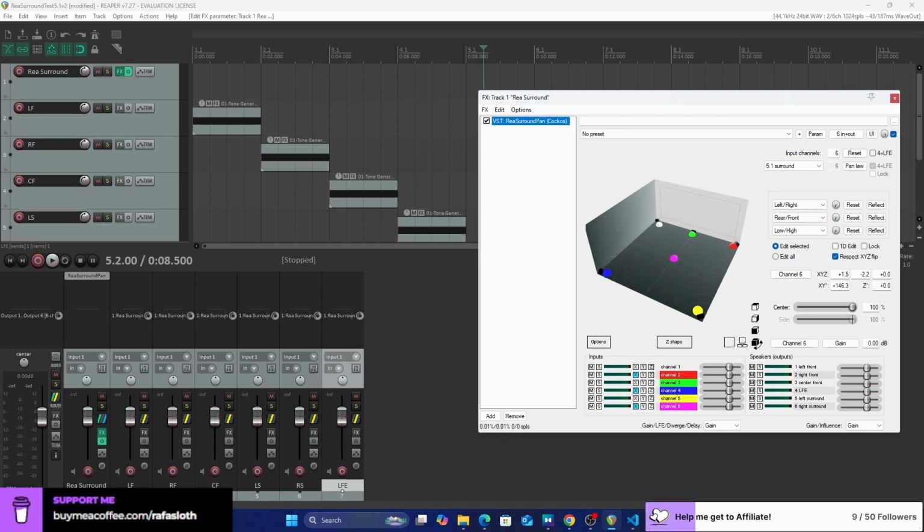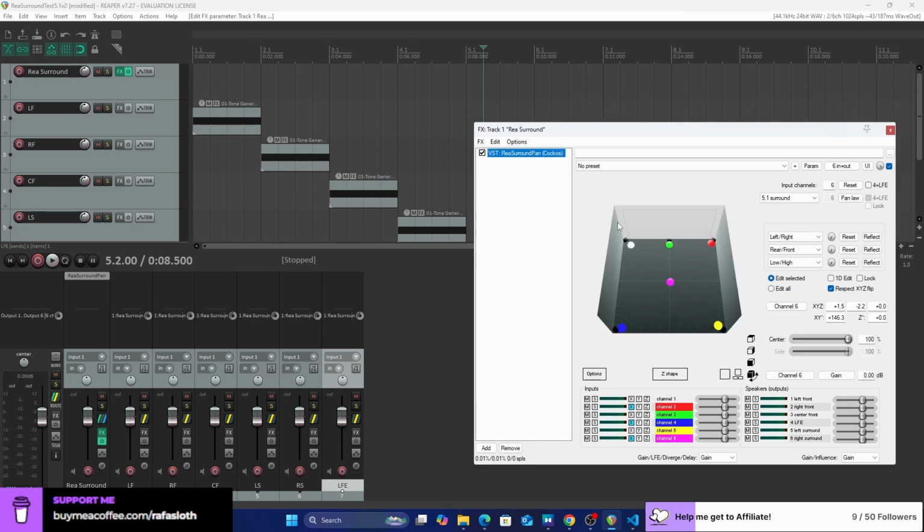Hopefully, the recording actually represents what I was hearing, but if not, as a summary, I was hearing the tone in the front left, then the tone in the front right, then the tone in the center, then the tone in the left back, and then the tone in the right back, and then this round in the center.